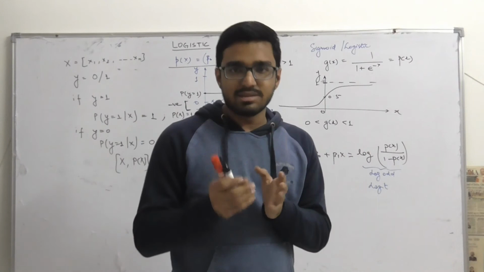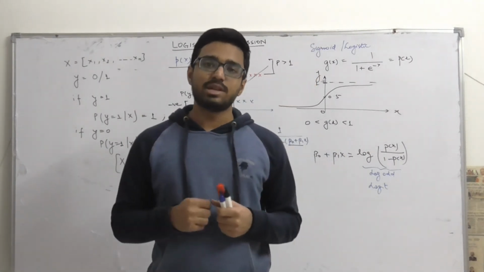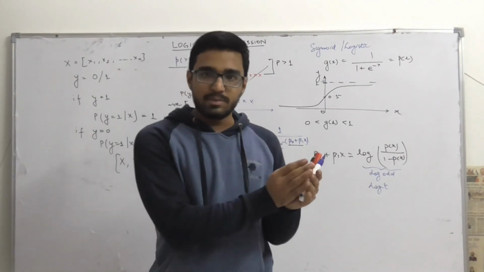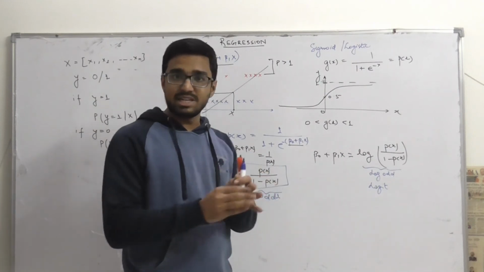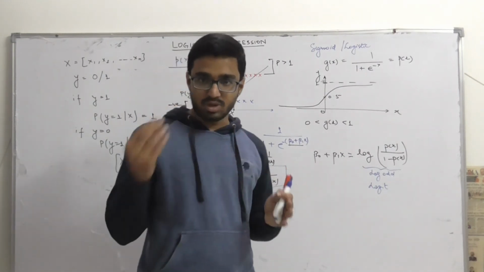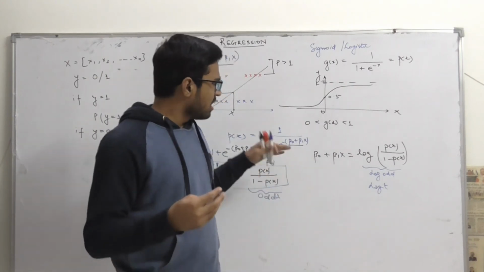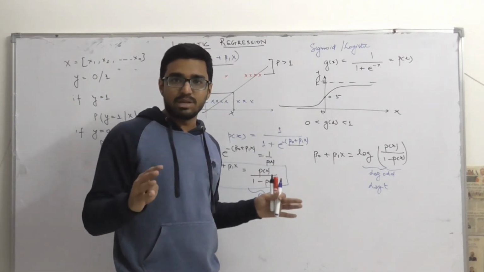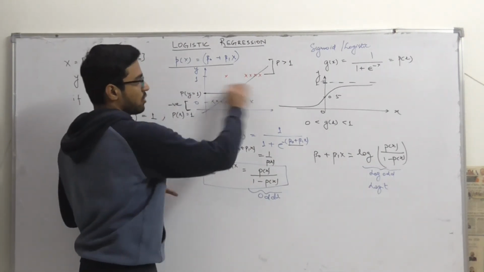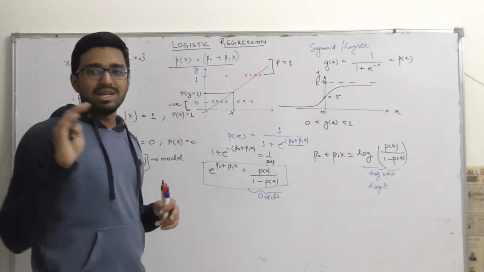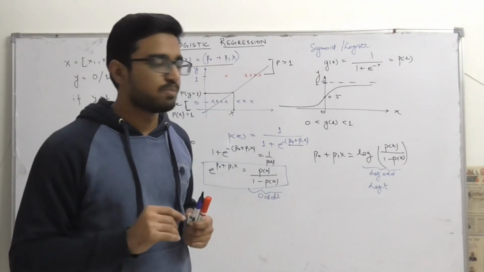What I am going to discuss now are some of the benefits and some of the disadvantages of logistic regression. Due to its simplicity, it resembles a linear function, just like linear regression. It is very easy to understand and very easy to train. It takes very little time to train on the data. It is also very good on linearly separable data, because if I can draw a line here and here, then logistic regression is one of the best machine learning algorithms.